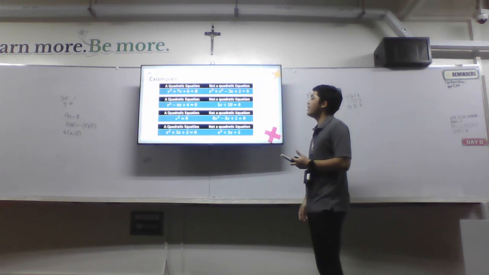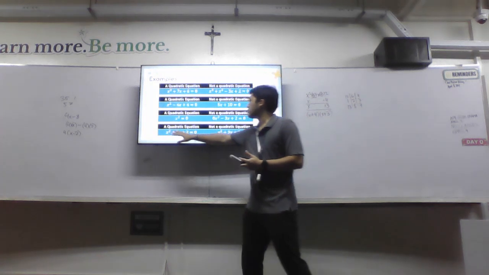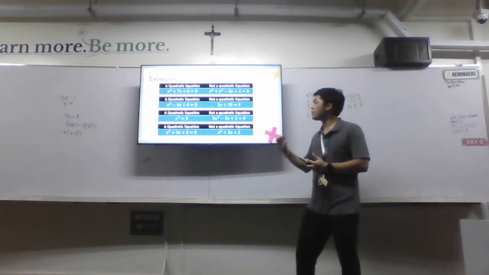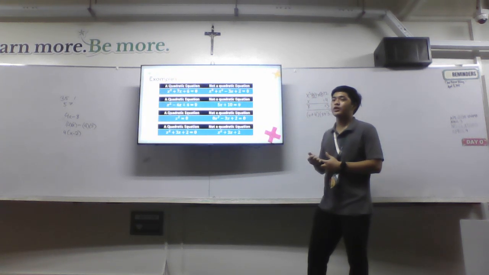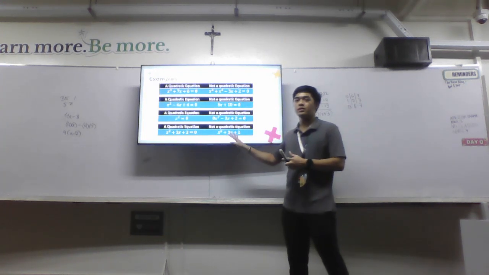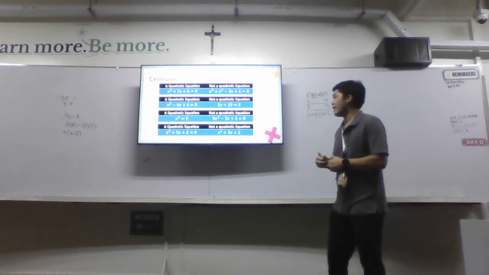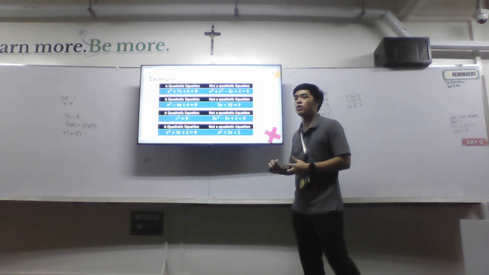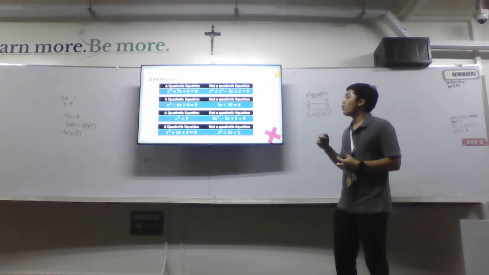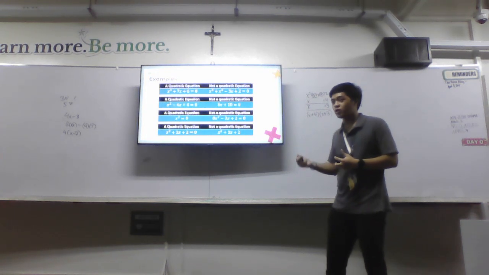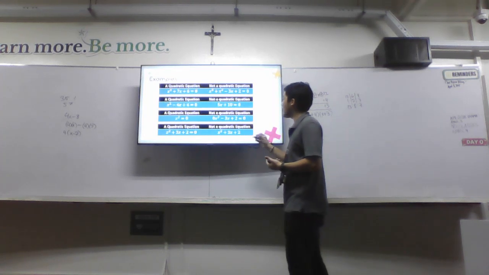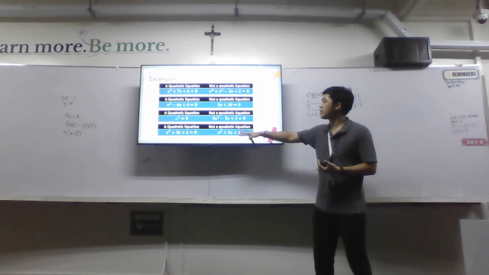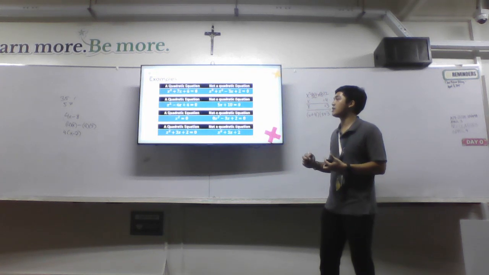Okay, so next. x squared plus 3x plus 2 equals 0 is a quadratic equation. However, x squared plus 3x plus 2 is not a quadratic equation. What is the main difference? Okay, so that's correct. It does not have an equals 0. The not quadratic equation does not have equals 0. So let's remember that for a quadratic equation to be an equation, it must have equals 0. So if this has equals 0, it simply is a quadratic equation. But since it doesn't, it is not a quadratic equation.